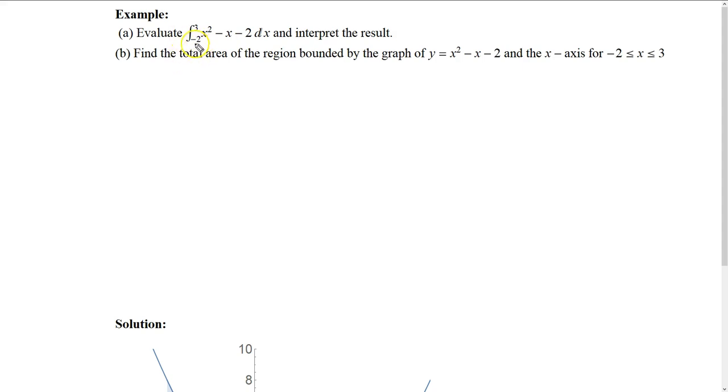So here we want to evaluate the integral from -2 to 3 of x squared minus x minus 2 dx and interpret the result. So this is a definite integral. We'll do part A first, and then we'll take a look at part B, where we want to find the total area of the region bounded by the graph of that function and the x-axis for x between -2 and 3. So first of all, part A, that's fairly easy. We just have to find an antiderivative for this function. That's fairly easy. That's just going to be